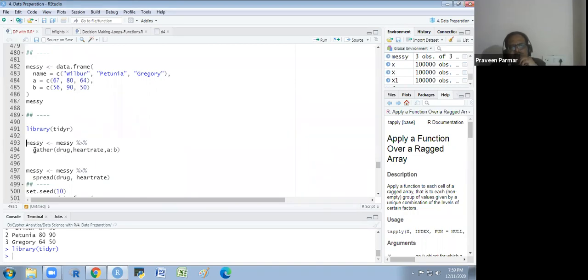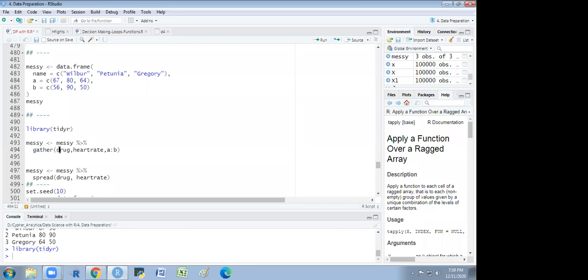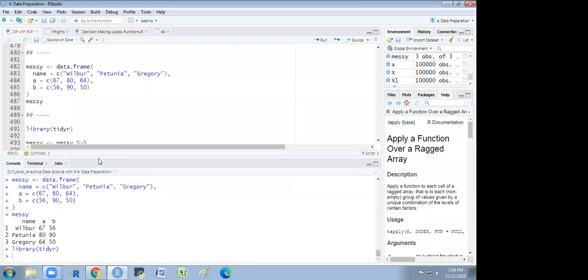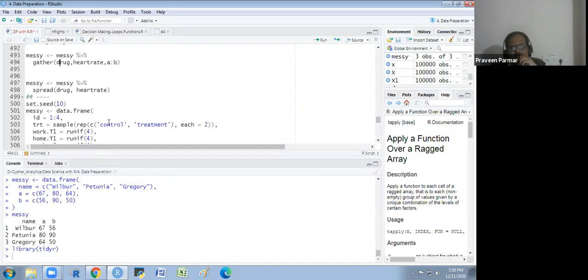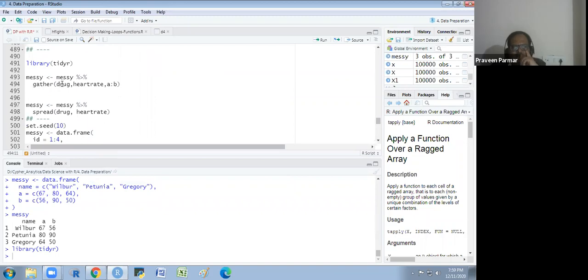So what we are doing is gathering. I will show you gathering. There is no column named drug. So for the drug I am taking A and B, and the heart rate. The drug and AB are the same thing.